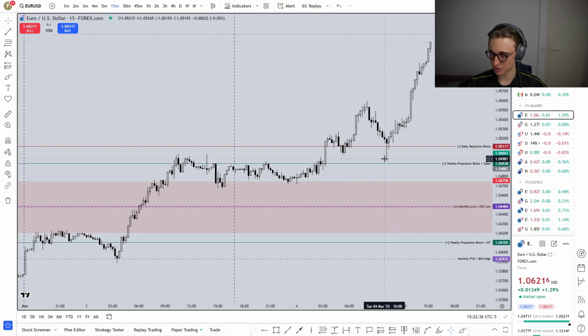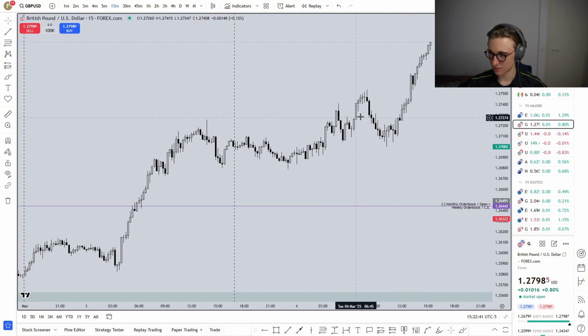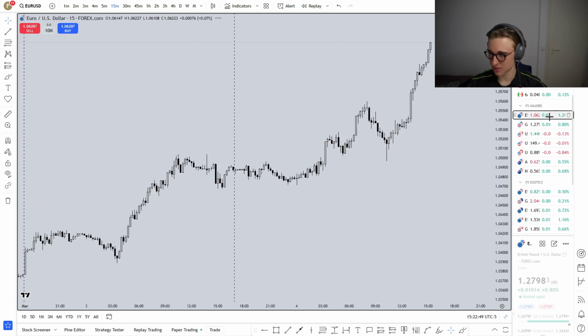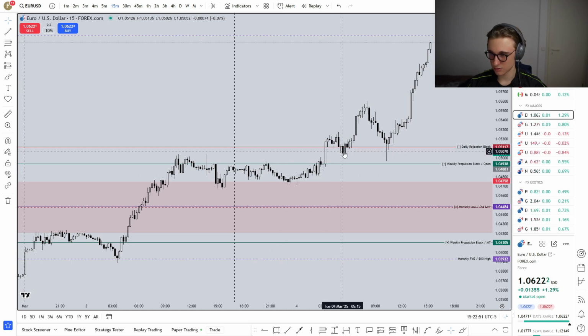Again, stop run during London close and then continuation higher. Again, very, very weird day. You can see GBPUSD did basically nothing until we saw the expansion during London close. Euro as well. We didn't see really anything except when the market came closer to the London close hours, and then we saw the rally. So it can be very tricky, and the protocol I want to give you on your hand